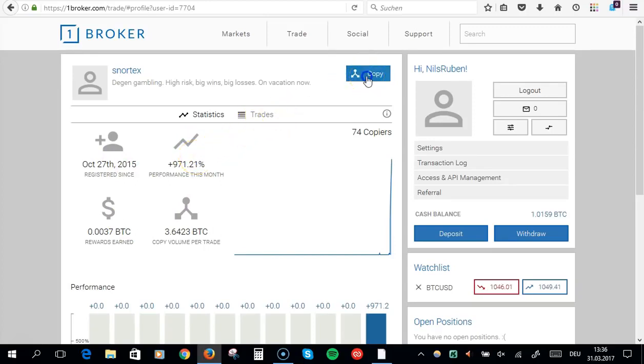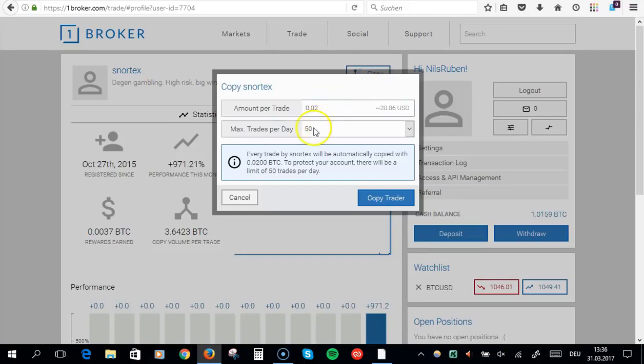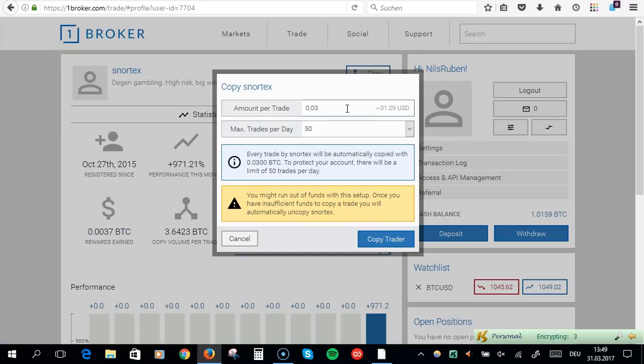So I could say now, okay, let's copy this trader too. So I could set it at the minimum too, so maximum trades per day 50, and copy him too, but I'm not sure if I will do this right now. So of course I could now go and say, okay, let's copy this guy here too, Snortex. Why not? Because he's got 900% profit. But the problem is that I could run into some financial problems because the balance may be coming to a limit pretty soon, insufficient funds or whatever, because of course